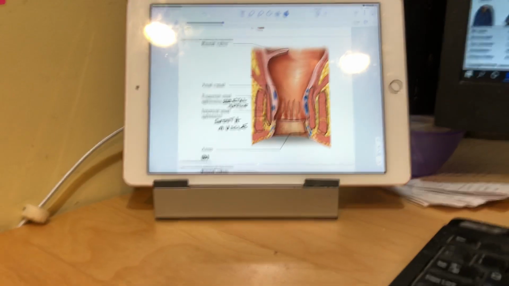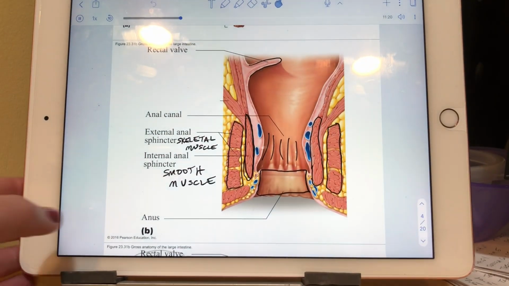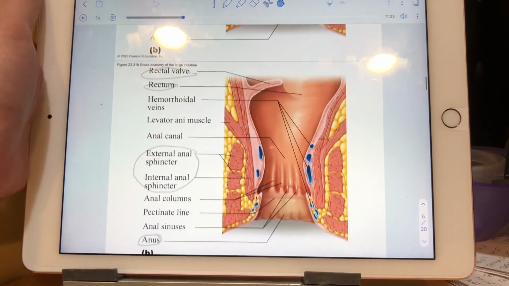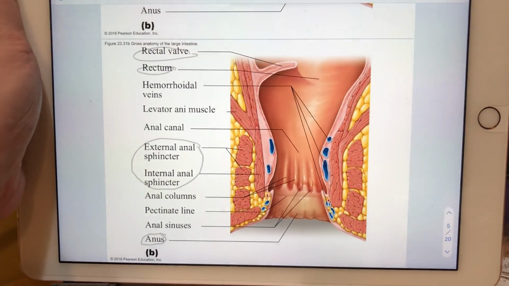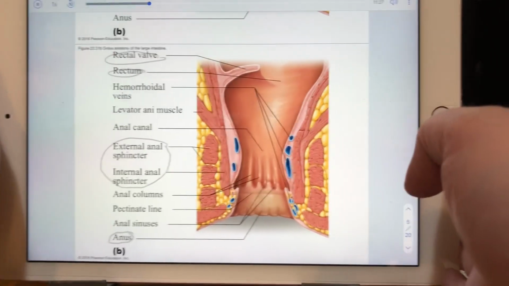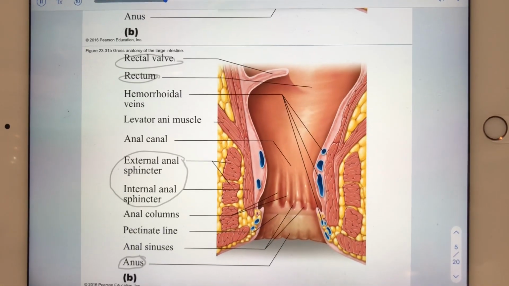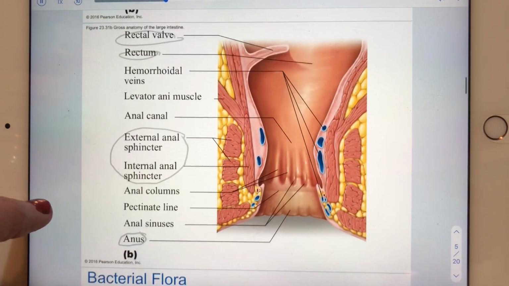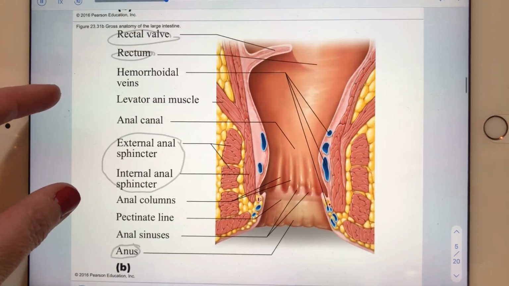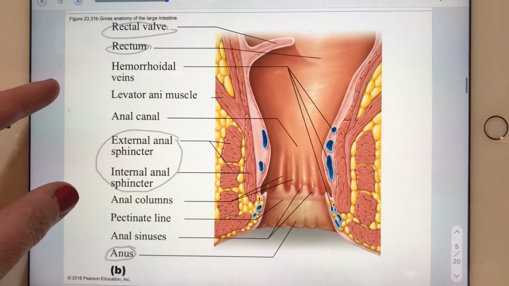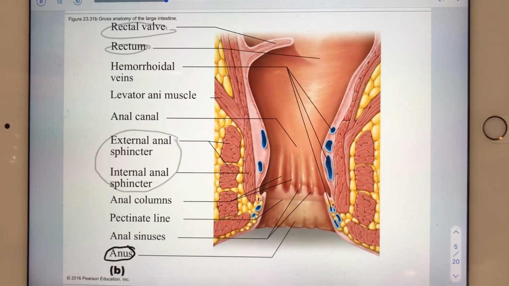To slide 6. The only thing I'm trying to make you aware of by having this hyper-labeled image is that there are a lot of different features that we could point out, but we're only being held responsible for really anus, the sphincters, the valves, and certainly rectum. Okay, if you go to slide 7, which is where I am now,